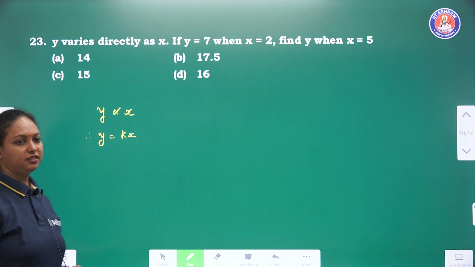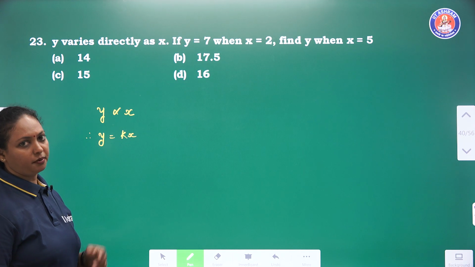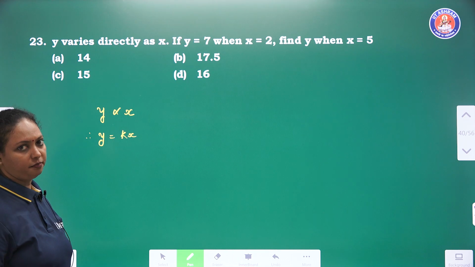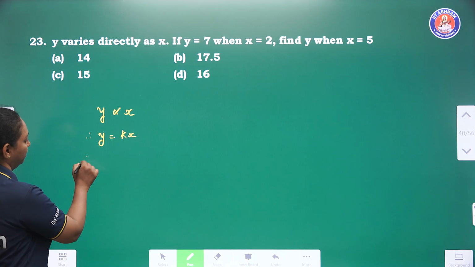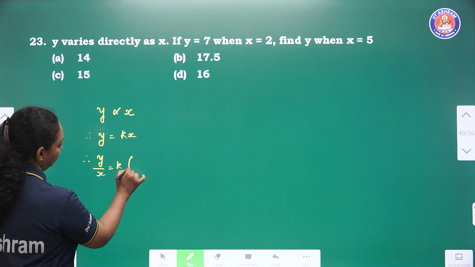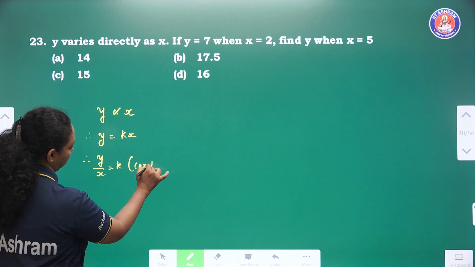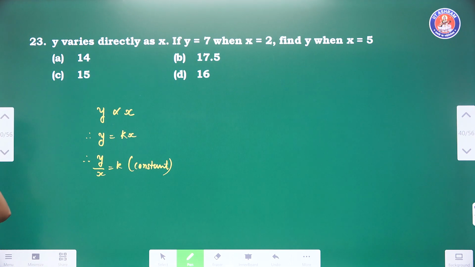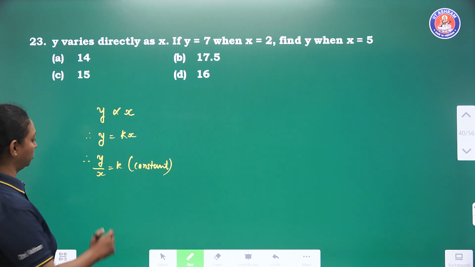तो proportion सिंपल सी चीज़ होती है. डायरेक्ट proportion है तो दोनों क्वांटिटी का रेशियो सेम रहेगा. राइट. proportion मतलब व्हाट? इक्वालिटी ऑफ द रेशियो. Therefore, Y upon X is equal to K, and here K is used as a constant. ये वैल्यू क्या रहेगी? कांस्टेंट रहेगी, because it is division of both the quantities.